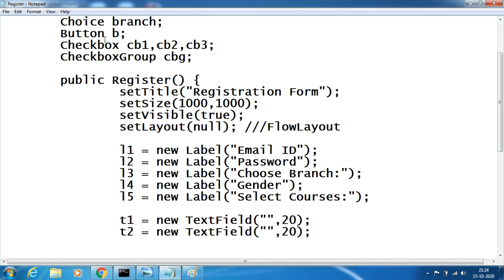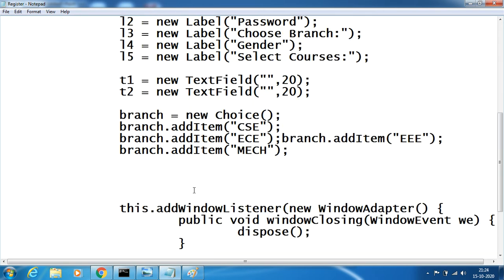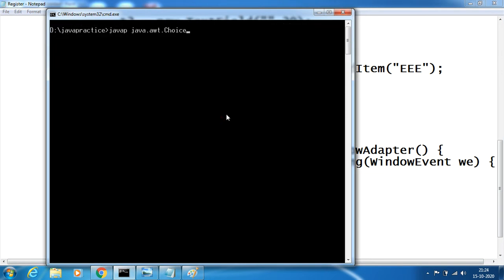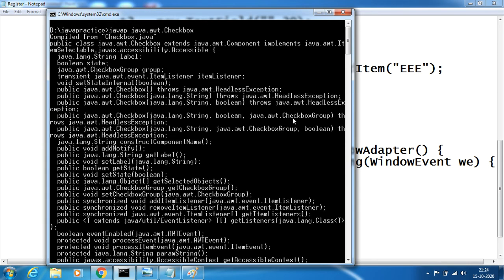Now coming back, now go for checkbox. So C1 equals new Checkbox. Try to look into the Checkbox class, how to create that. So awt.Checkbox. Checkbox has a constructor with a string, and one with a string and a boolean, meaning if you want to enable or disable.